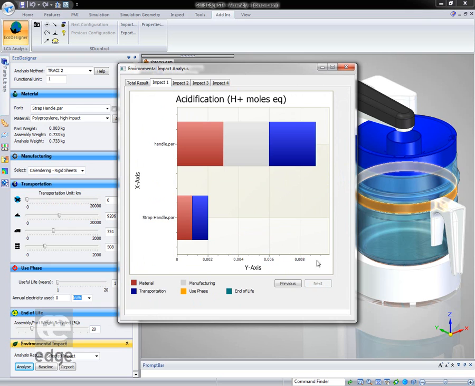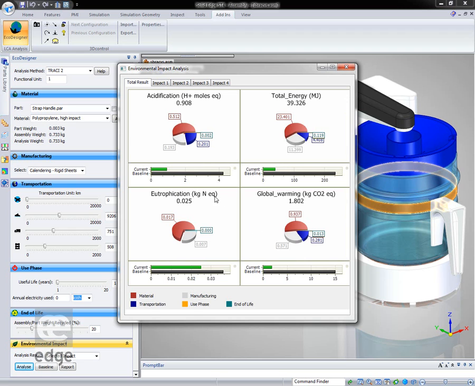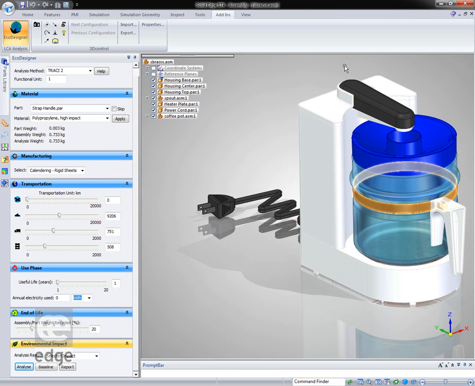Act 1, the next here, and there's our handle. There's our strap handle. That's come right down. So you can see the effect of doing these things. It's quite marked, isn't it? So our total results, again, we're bringing all those impacts down. So as we work through this and say, okay, we're getting closer to what we need,